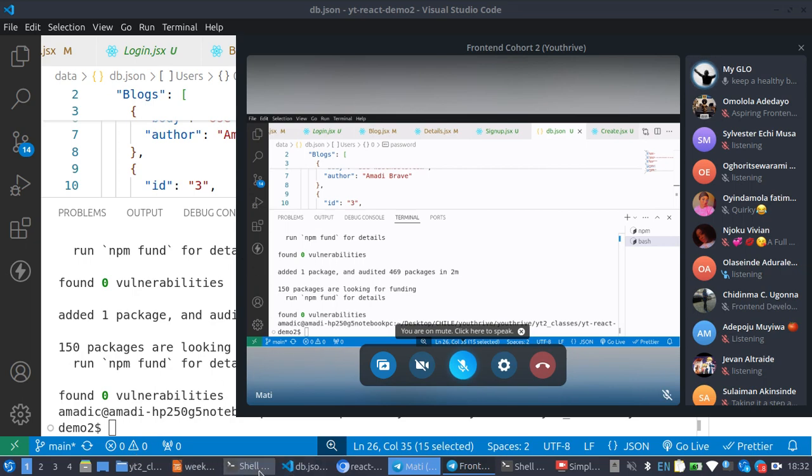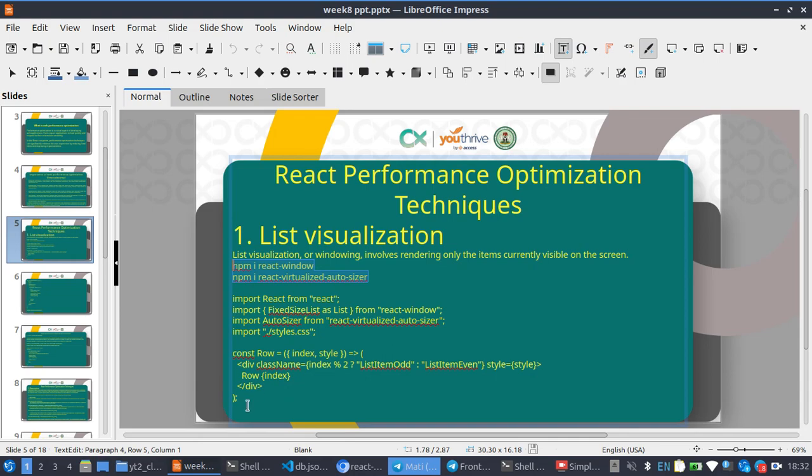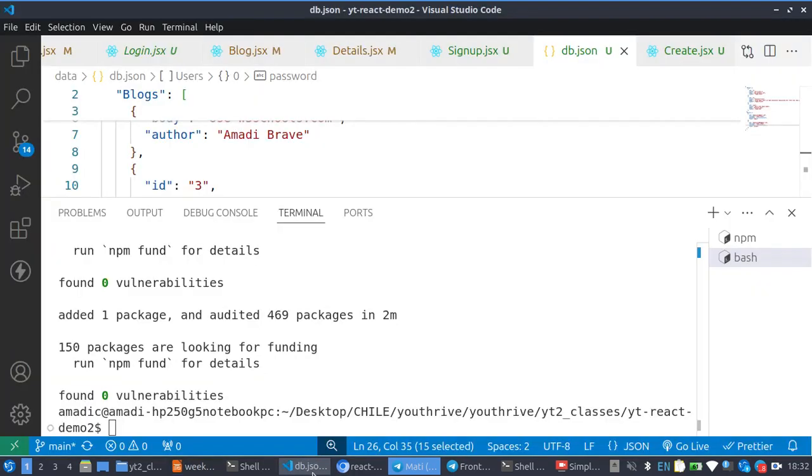So what we'll be doing now is this. I'll just copy the code from my slide, do Ctrl+C, then I'll create a new component and I'll call that